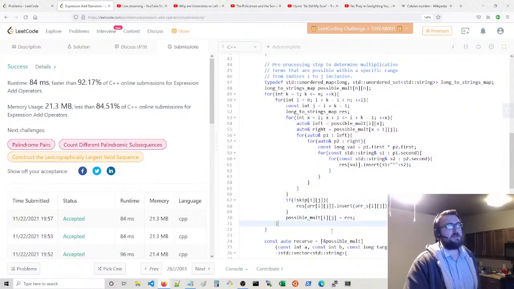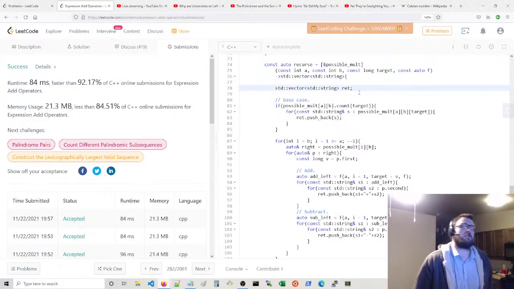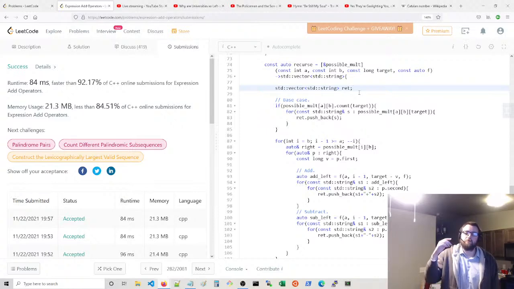All right, anyway, so now you have the recursion. Now we're going right to left, and all we're doing is saying, okay, on the right side, we're going to look at all the possible multiplicative terms we could have, for a certain range. And then on the left side, we're going to recurse. The left side is going to return a vector of strings for a possible target, and on the right side we're going to take all of the possible multiplicative terms that we can get, take our target, subtract the number associated with that multiplicative term, and each of those terms has, as we mentioned, a whole set of strings that will get you to that target value, and then you just combine with an addition or a subtraction, recursing on the left side,